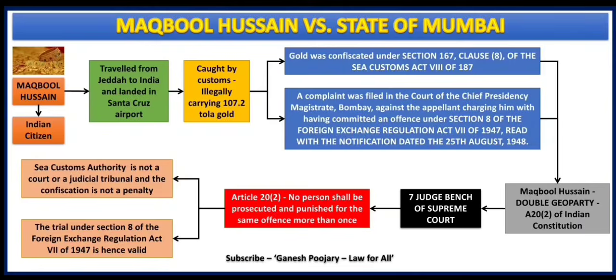But who is going to conduct the trial? The trial will be under Section 8 of the Foreign Exchange Regulation Act and that is the only judicial action which will be taken against his illegal act. So that way, the language of Article 20 Clause 2 says no person shall be prosecuted and punished. Now the prosecution is happening only once, that is under Section 8 of the Foreign Exchange Regulation Act, and punished